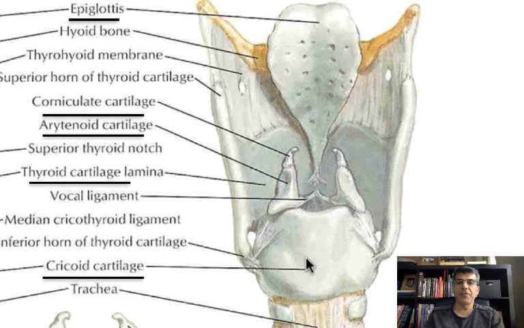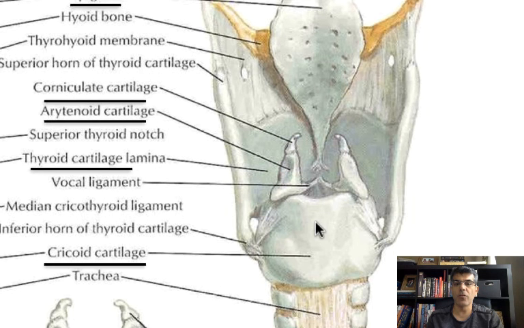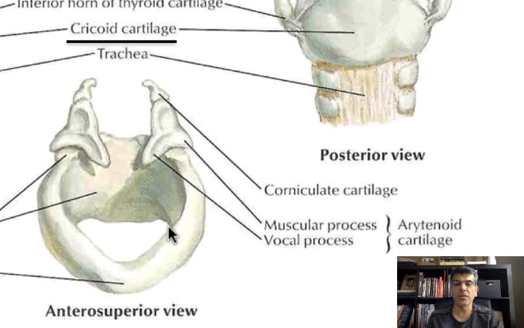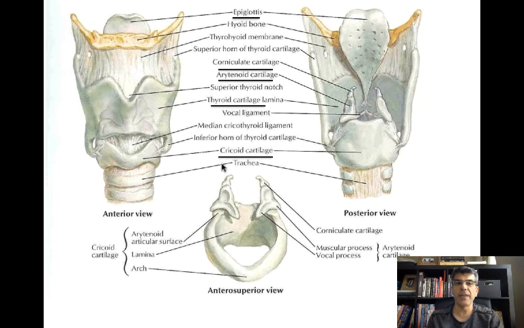When you look at the back of the larynx, you can see sitting on top of this cricoid, you have 2 more cartilages. These cartilages are sitting in the back over cricoid, just like this one. These 2 cartilages are called arytenoid cartilage. On top of arytenoid cartilage, you have 2 more cartilages here, and those are called corniculate cartilage. So how many cartilage do we have now?